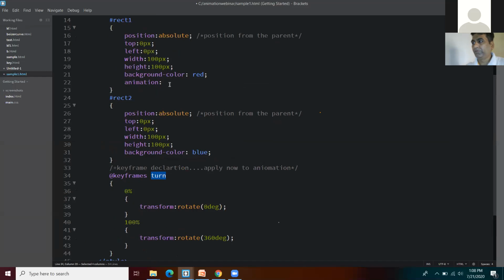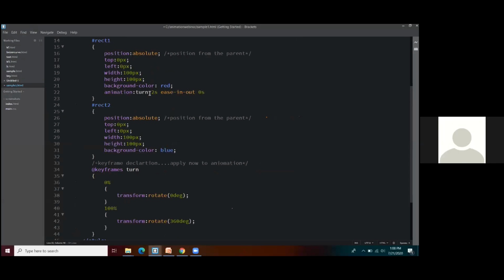So the animation name I'll give as turn because that's the name of my keyframe. For the duration, 2 seconds. And the built-in timing function is ease-in-out. It has to move very easily, in and out. Then 0 seconds is the delay. Let's move ahead with the animation.